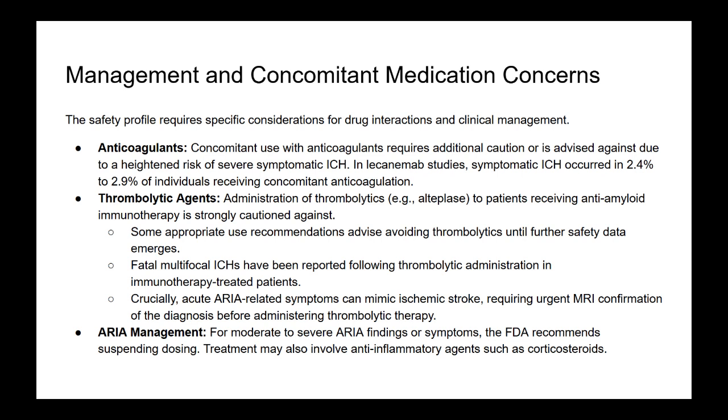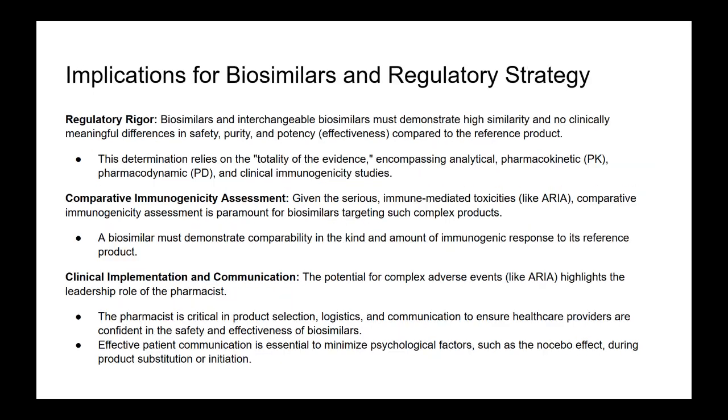What ARIA reinforces is that the risk of serious adverse events with these complex biological interventions is often profoundly dose-related. In AAV gene therapy, we've seen that the high vector doses sometimes required to achieve therapeutic levels of gene expression in target tissues, like the liver or muscle, correlate directly with an increased risk of severe systemic adverse events. These include dose-dependent hepatotoxicity, liver injury, and in some cases a dangerous syndrome called thrombotic microangiopathy, TMA, which involves blood clots in small vessels and organ damage. So similar to how higher antibody doses increase ARIA risk, higher vector doses increase AAV toxicity risk.